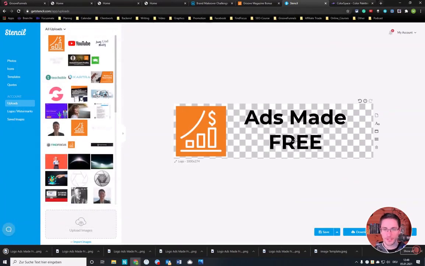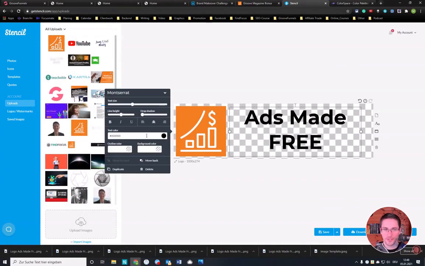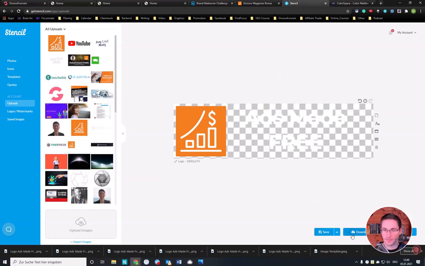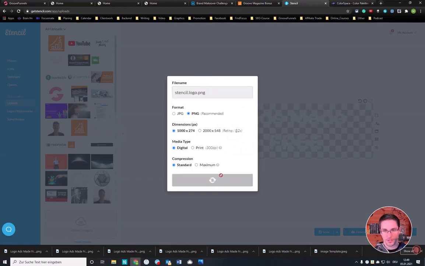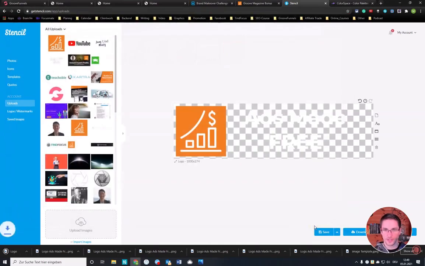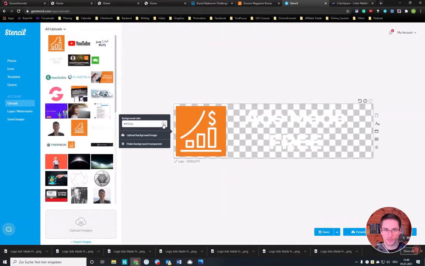So we save this, and then we also want to save this with a white color. So we have this as well. If you want to do this yourself, go to text color, and I do not even know why I do not have white there. Okay, now we have it there. So we save this as well, or download this, because this is something that we might want to use over and over. And once you have these logos, white, save,